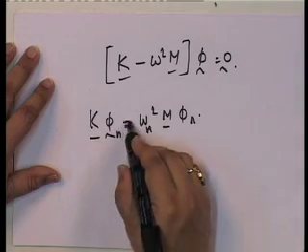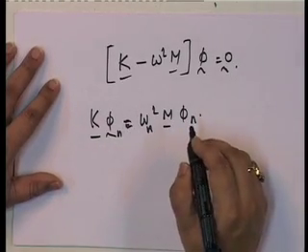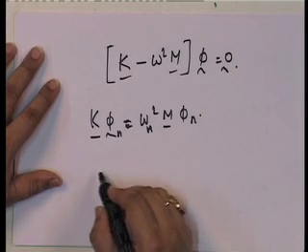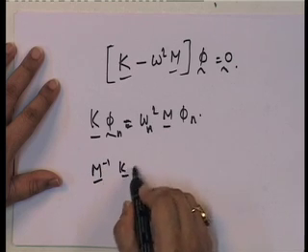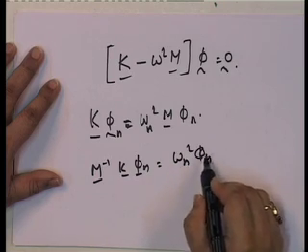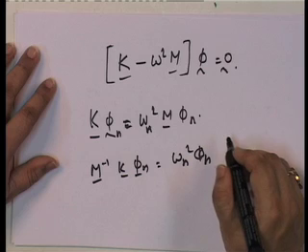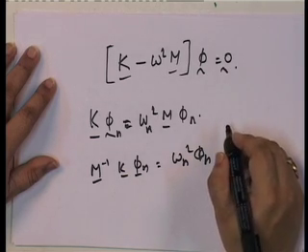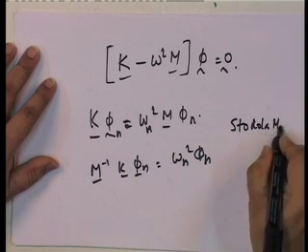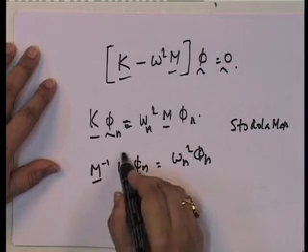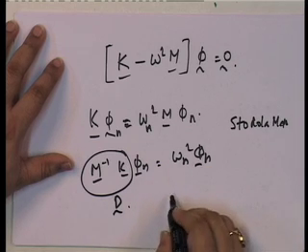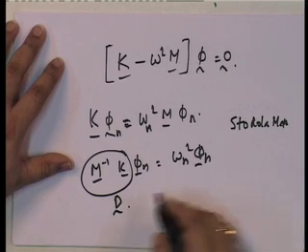So, it is valid only, it is equal only in a particular omega. And what I would like to do is pre-multiply both by m inverse: m inverse k phi n is equal to omega n squared phi n. This is known as, again, the Stodola method. The only thing that happens is that this now becomes your D, and the way this goes is you define